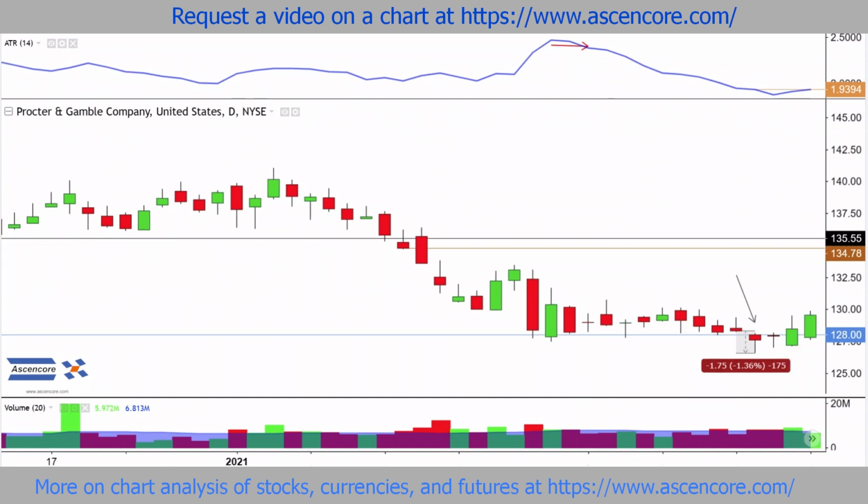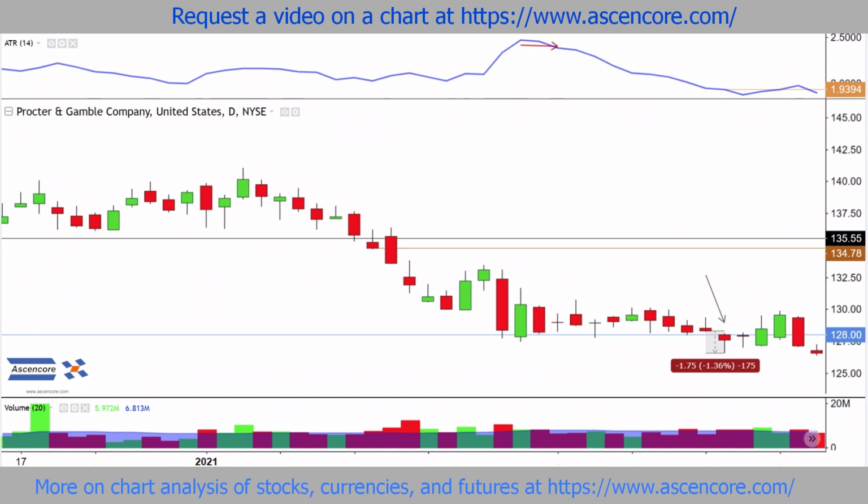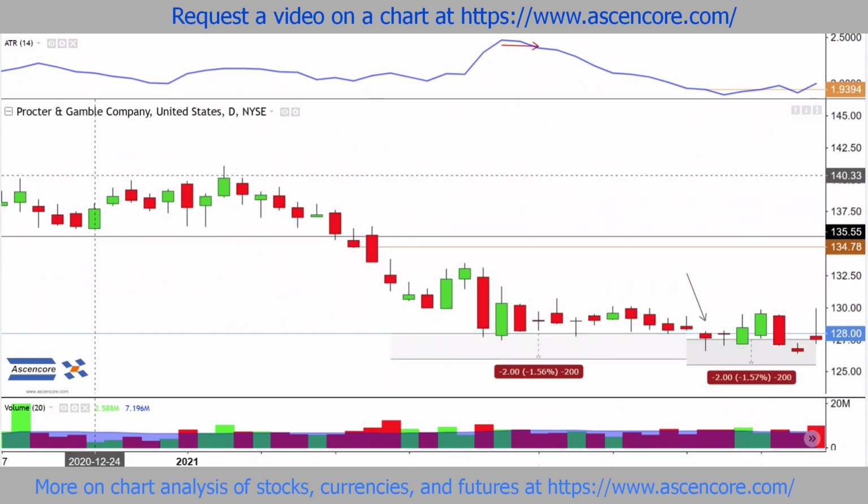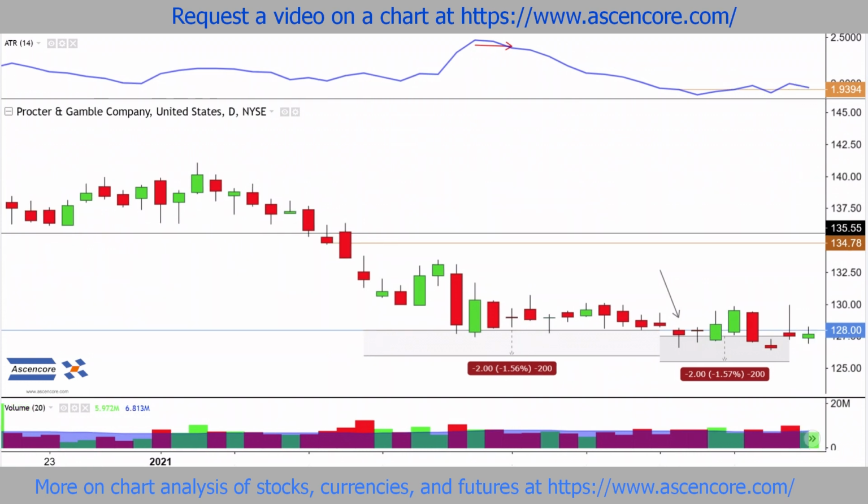That approximate $6 range measured since the break under the 135.55 level has been reached and begins to slow down significantly. And now as short-term sentiment goes from neutral to increasingly bearish, ATR is incidentally close to 2 again. We will define the current support around the round 128 level, and depending on personal preference, some may choose to use less strict criteria and define any movement going $2 under 128 as a definitive break and the start to